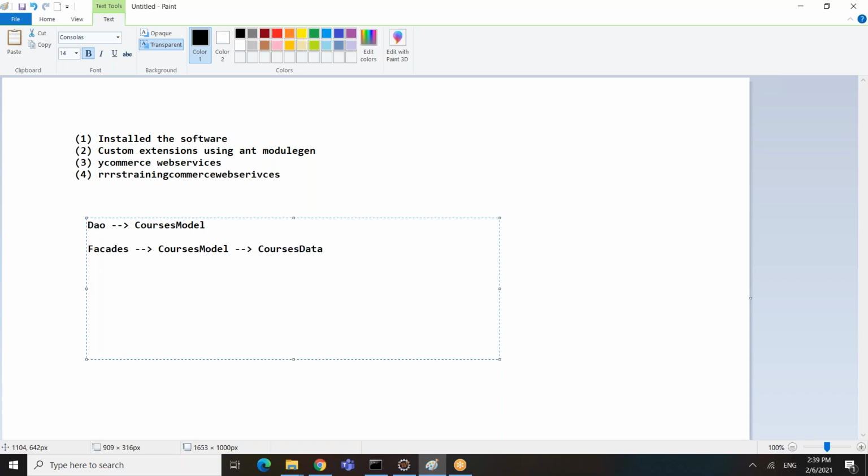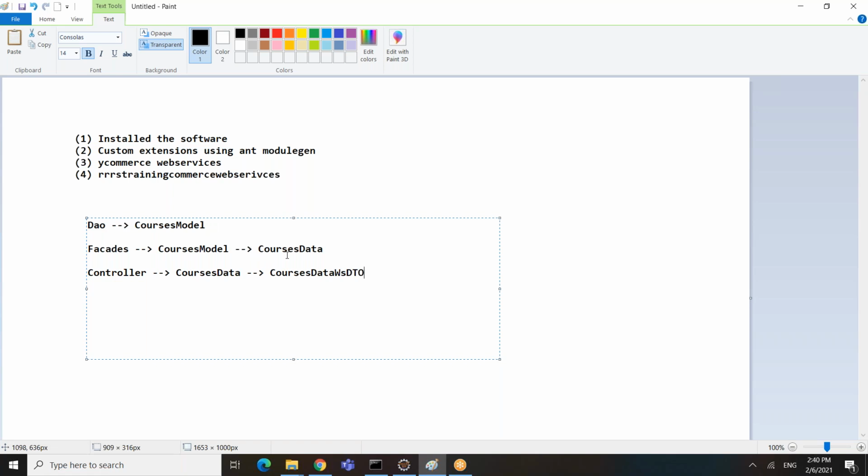And then in the controller, we need to convert courses data to WSDTO. So in this case, courses data to WSDTO. So the model is used in the service and DAO classes.